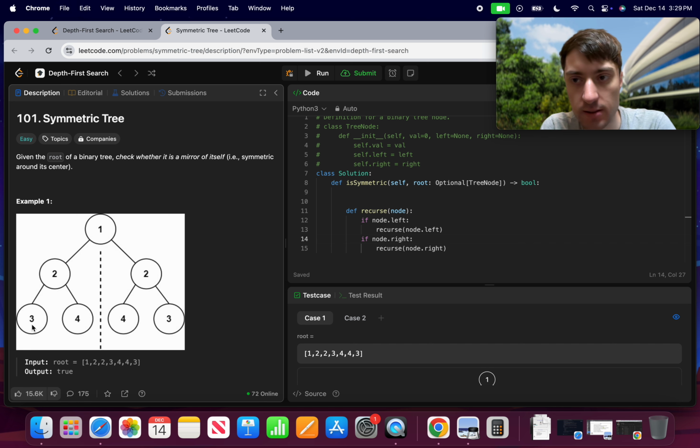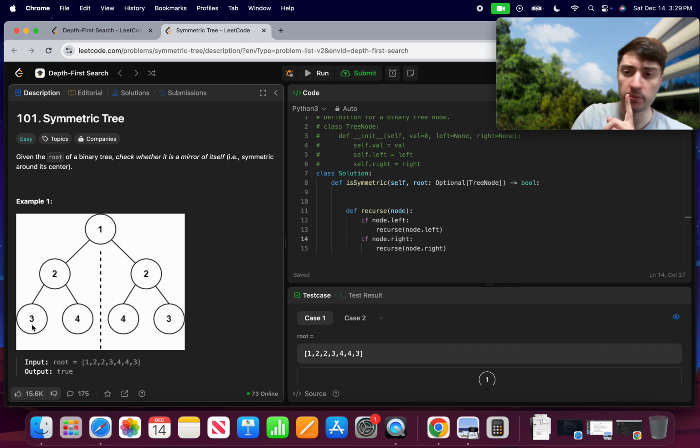I'm also noticing that it is not asking for symmetric coherence from all subtrees. What I mean by that is, look here. So this node has symmetry. So 2, 2, 4, 4, 3, 3, just like you're looking in a mirror. Okay. But here, if you put a mirror here, you have 2, good, but then 3, 4. So this subtree does not have symmetry,